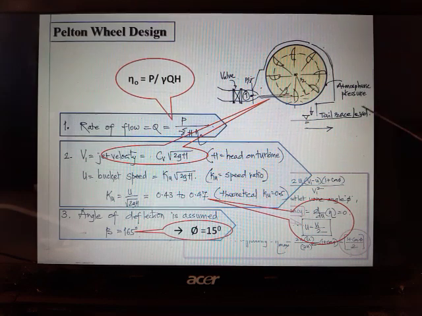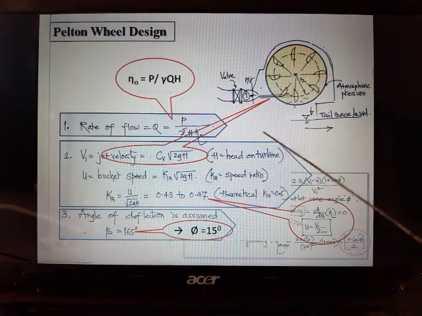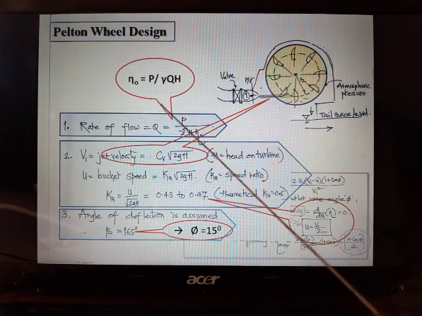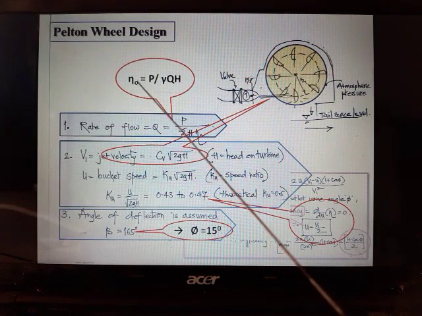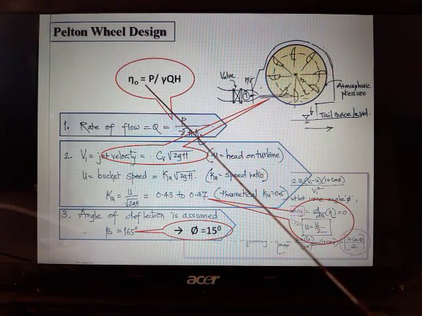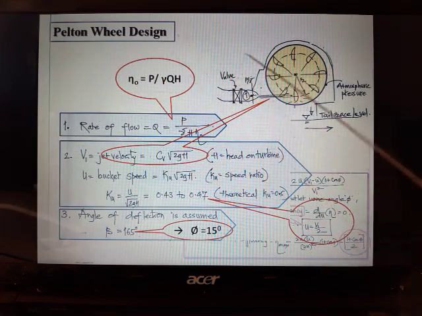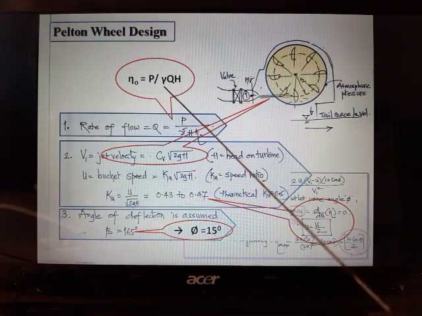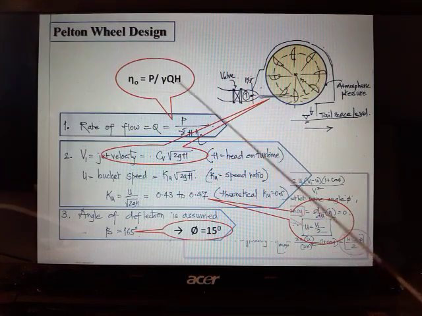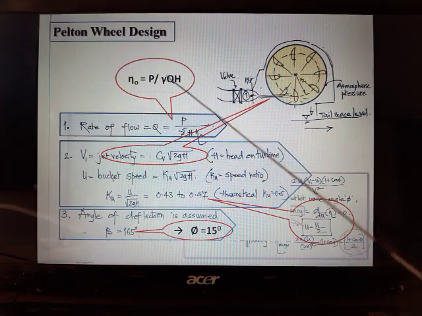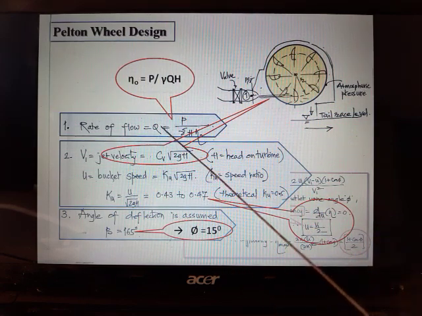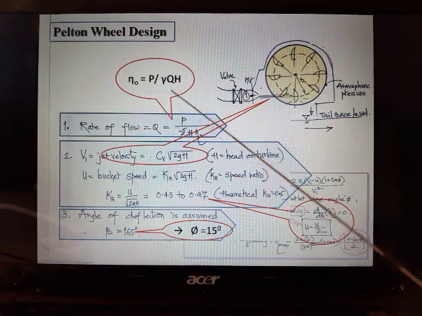As far as Pelton wheel is concerned, the main parts are the jet, the wheel, and the buckets, and the number of buckets, etc. The terminology that we already know: overall efficiency is given by P, which is power at the shaft, divided by gamma QH. Gamma QH is the energy because of the head standing in the reservoir. So from this equation we can always calculate the rate of flow Q, which is equal to P divided by